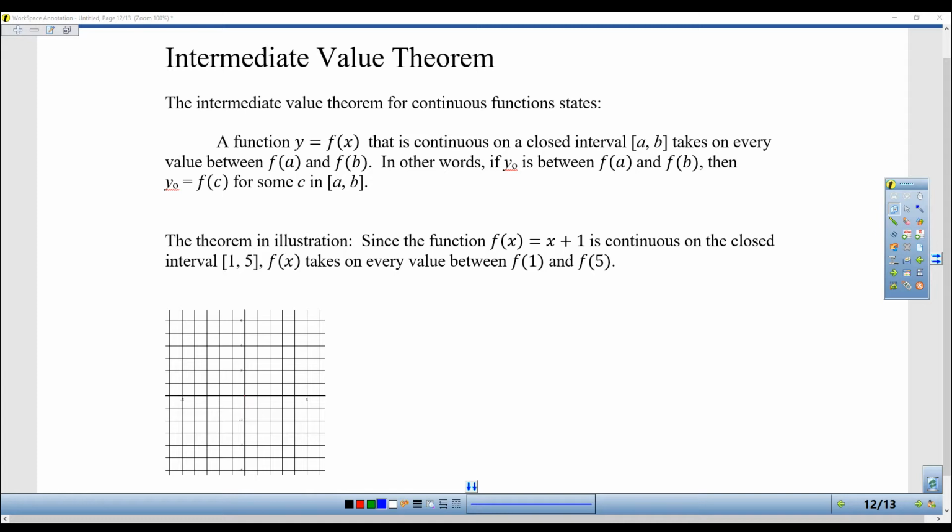Hi everyone. This is going to be our shortest lesson of the year. So nice short video. The Intermediate Value Theorem. It's going to be a very important theorem, but luckily it's really easy to understand and we'll keep coming back